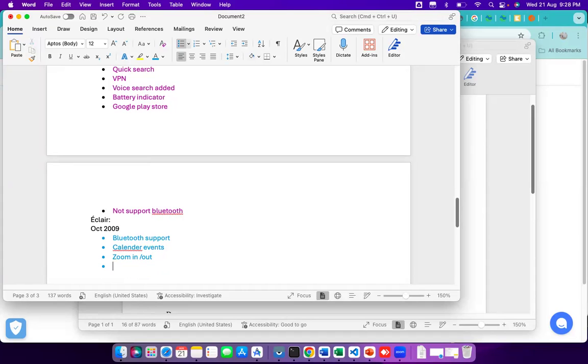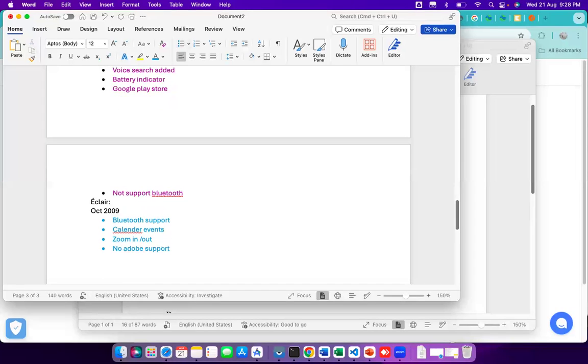And here also we got some drawback. It is not supporting Adobe. Those days Adobe was major, because by using Adobe, it can have multiple dependencies like animations and PDF files and all. Nowadays a lot of things are there, but those days it was completely dependent on that. So that is not there in this.